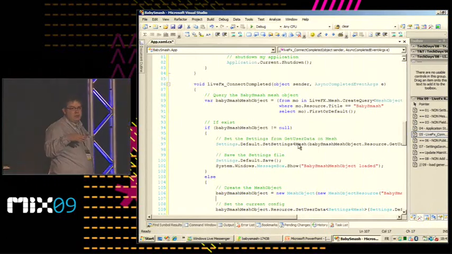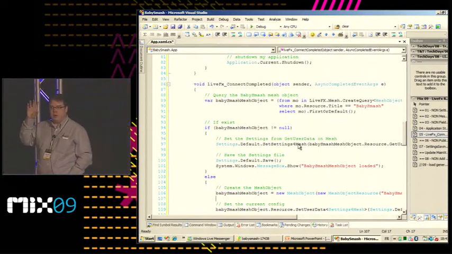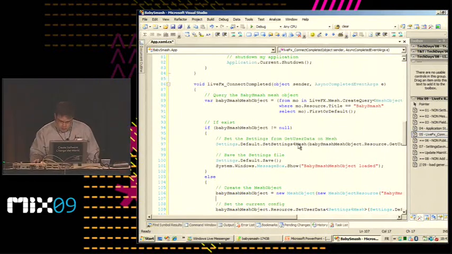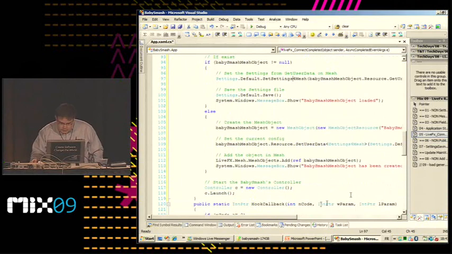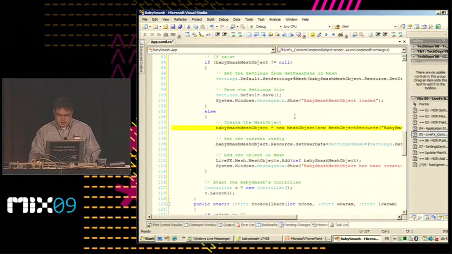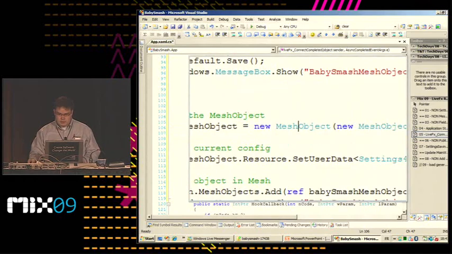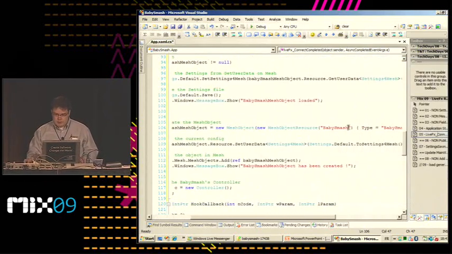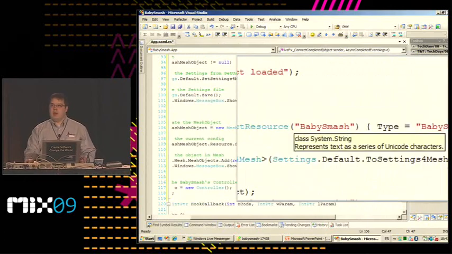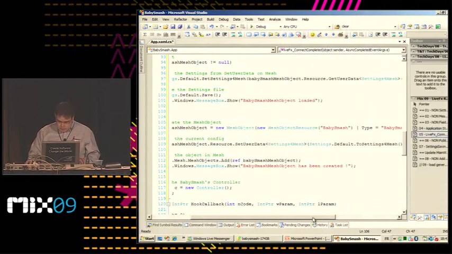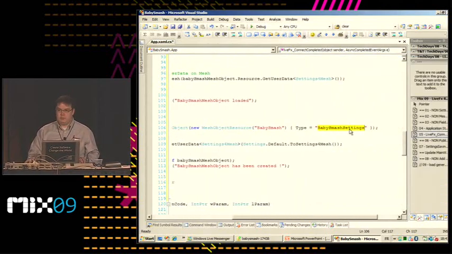And if it doesn't exist, I want to create it in my cloud and push my settings directly to the cloud. You can see exactly there, in this line, that I create my mesh object as a new mesh object resource that I named Baby Smash. And I create my own type of data model in the cloud. That's the Baby Smash settings.